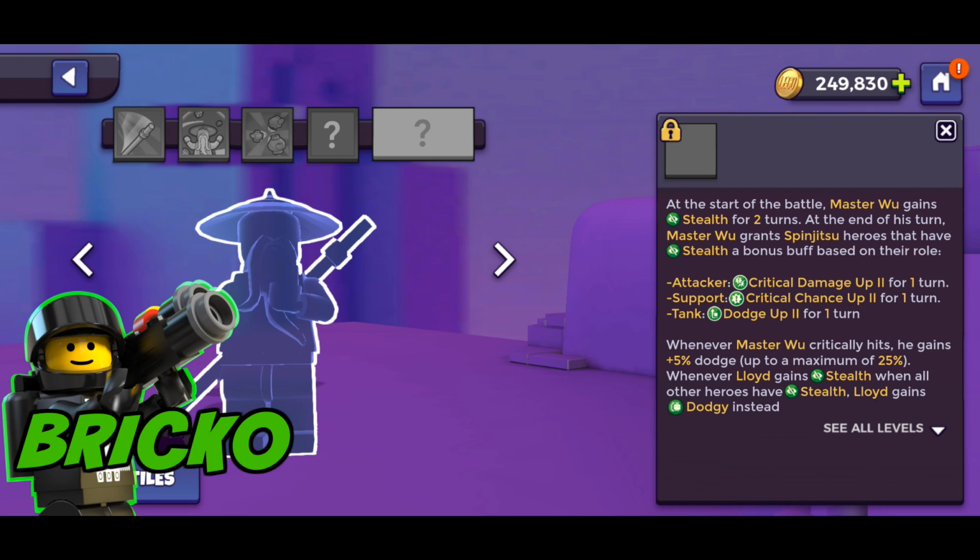And now we move to his brand new passive, which is probably going to be the most complicated passive in the entire game. And here's what it says. At the start of the battle, Master Wu will gain stealth for 2 turns. And at the end of each one of his turns, Master Wu will grant Spinjitzu heroes that have stealth a bonus buff based on their role. So attackers will gain critical damage up 2, supports will gain critical chance up 2, and tanks will gain dodge